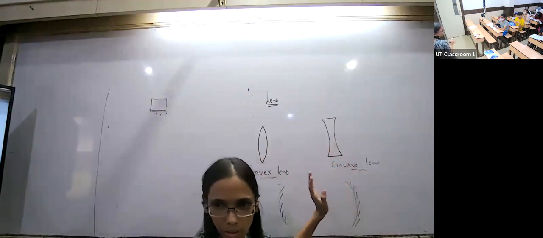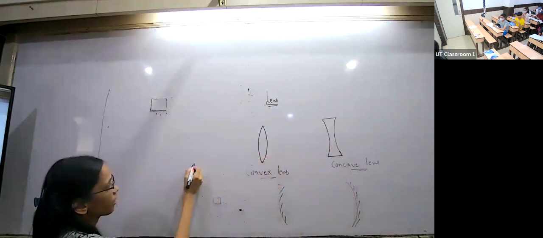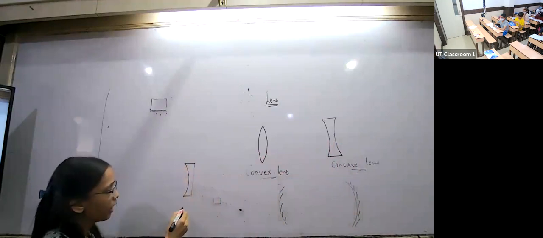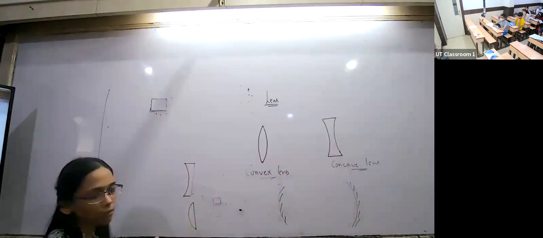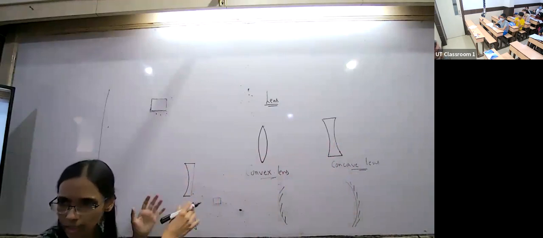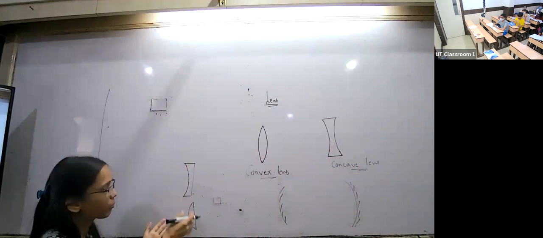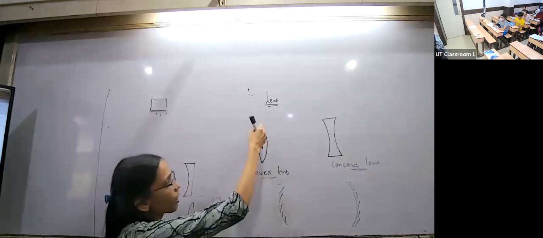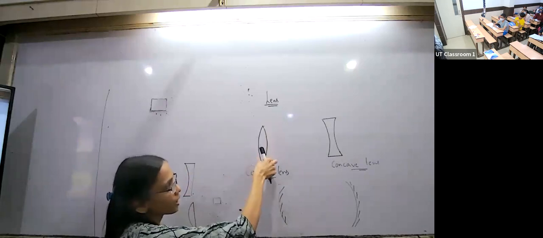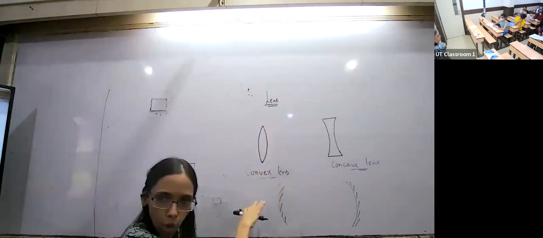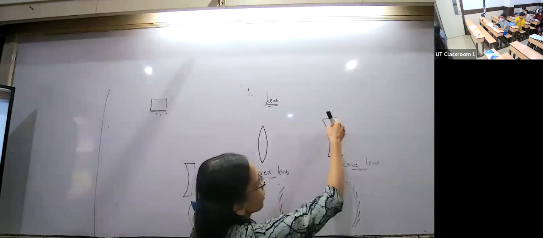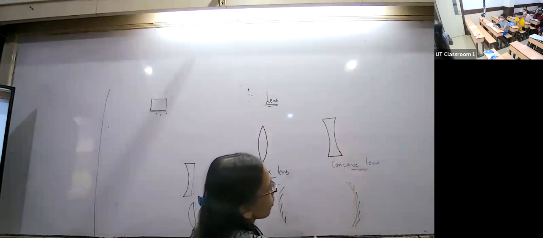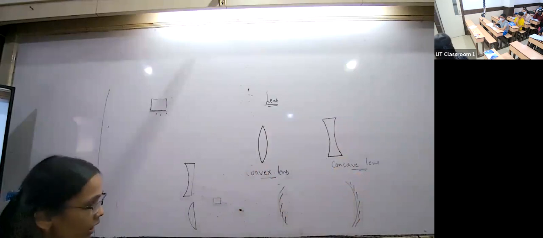Are you getting what I'm trying to say? Because there are various lenses where one side is plane and the other is concave, so a plano-concave lens. And one would be plane, the other convex, a plano-convex lens. So there are different kinds of lenses depending upon the shape. Whenever there are two outward-bulging curved surfaces, we call it a double convex lens or convex lens. And whenever the curves are bent inwards, we call it a double concave lens or concave lens. So